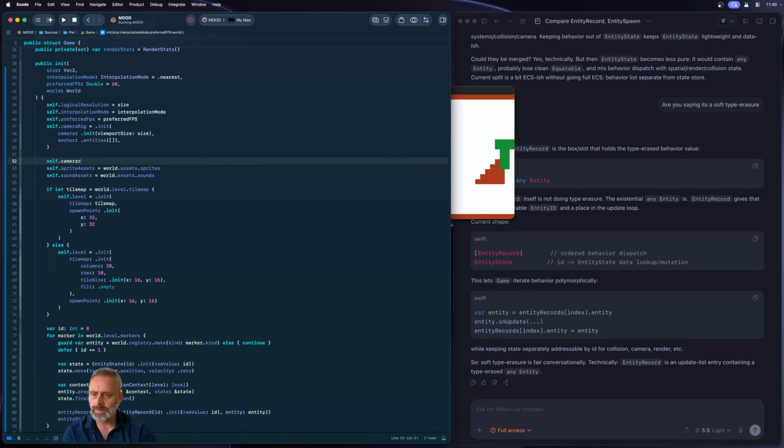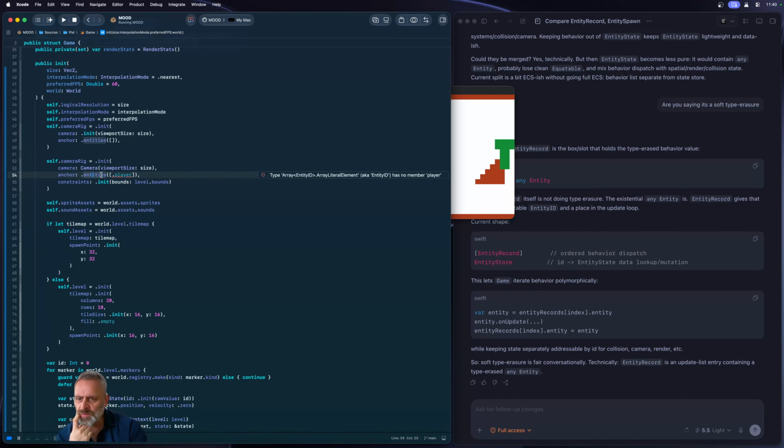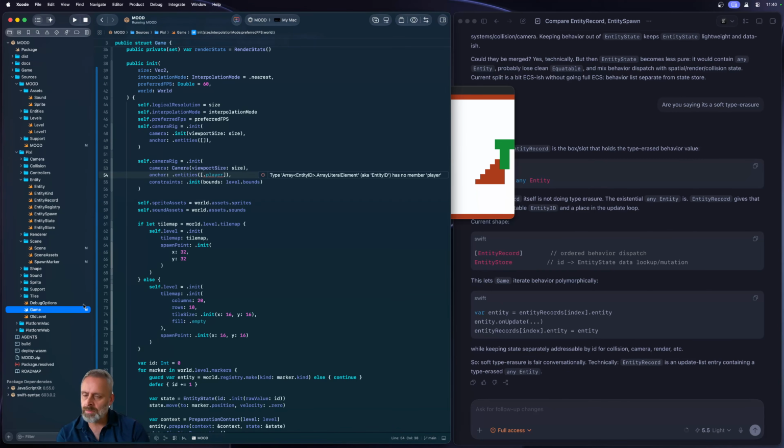Let me just, sorry, I want to write this out separately for a second. So camera viewport size is size, that's the same, that's absolutely fine. Entities, we want to anchor to the entities, entity ID, which is also fine, except that doesn't exist anymore. Although I am a little confused as to why. Oh, it's not that it doesn't exist anymore, it's that the game knows about it, the engine does not. So I think what we would want to do,